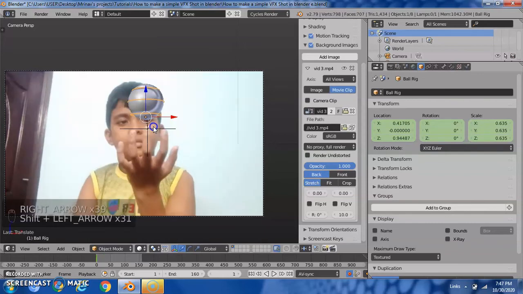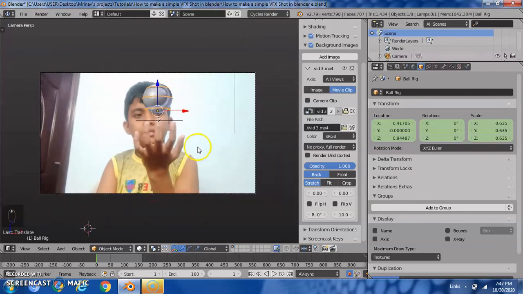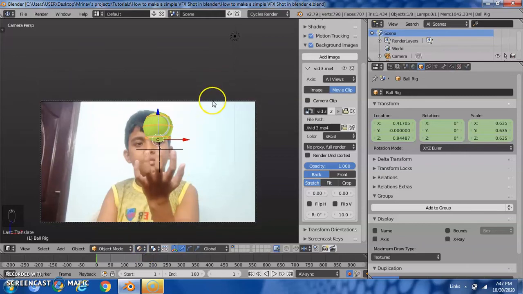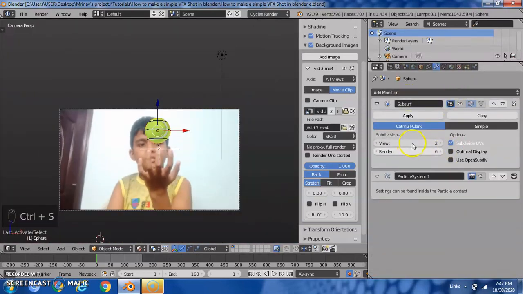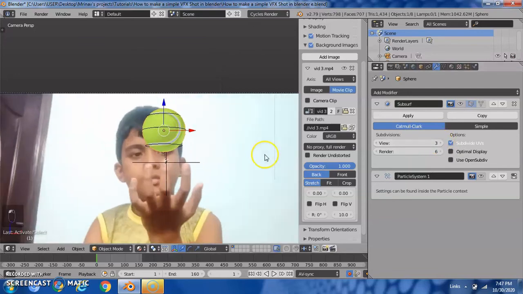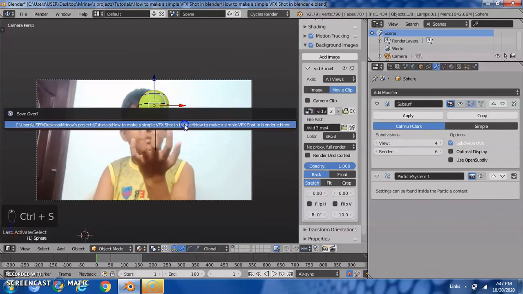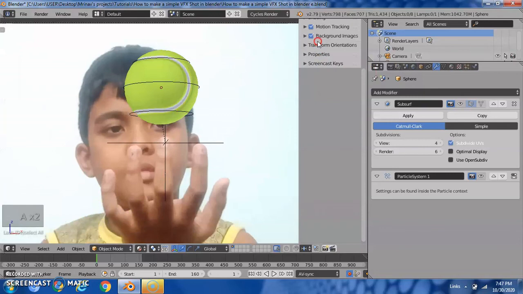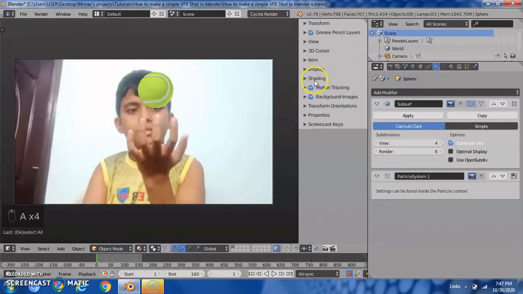Now I will export this. I will just not render it because my PC is bad and it won't render properly. So I go to Material Viewport. Right click on the ball, maybe left click, Blender 2.8, you know. View to 3, actually 4. Then, of course, display, only render. Then shading,